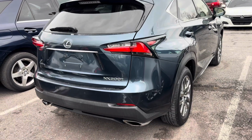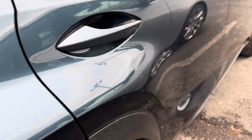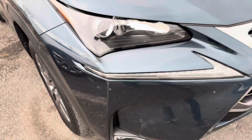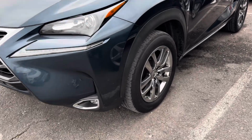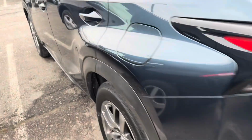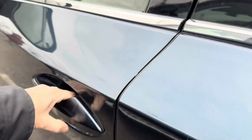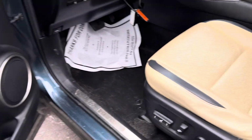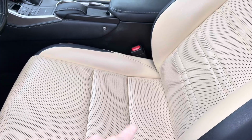How about a 2015 NX200t Lexus? Gorgeous color. Look at that metallic flake. That'd be sweet to bring that out. Decent shape. There is some damage right here. Tiny SUV. Yeah, overall good shape. I don't know if you can see that, there's a couple of those dings. A little bit of transfer from clothing, but